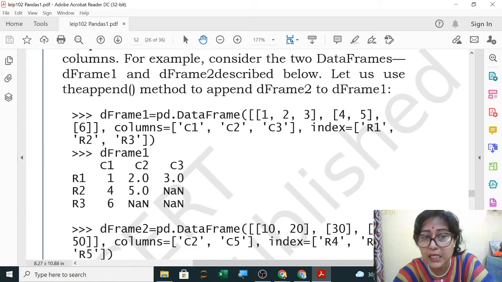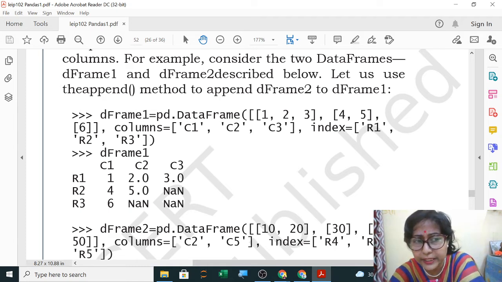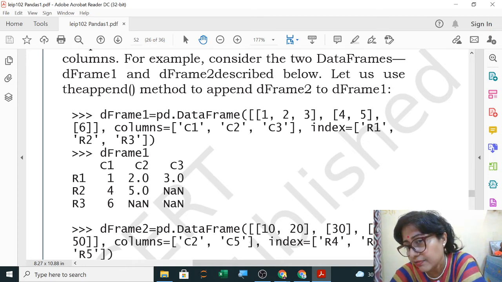Now you can see R1, R2, R3 are the 3 row indexes. The first row contains the values 1, 2, 3. In the second row only 4 and 5 are given, and 6 is in a different list, so 6 is in the third row. After 4 and 5, the third value of R2 is not given.